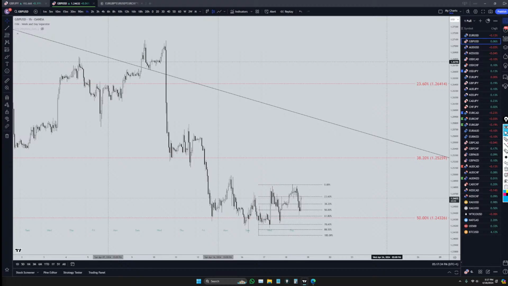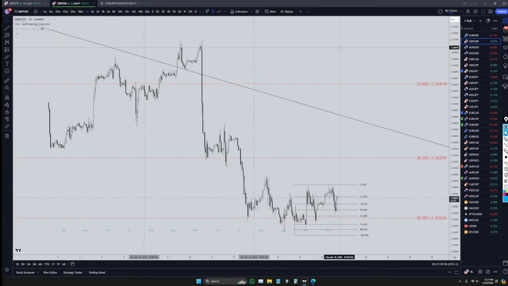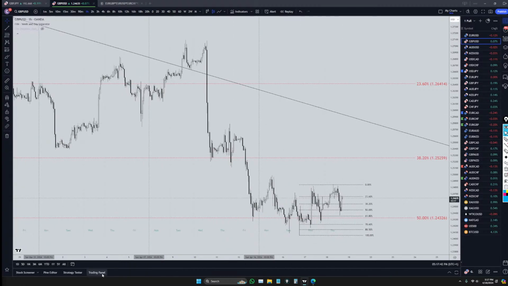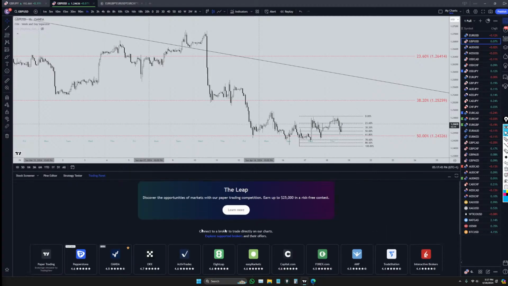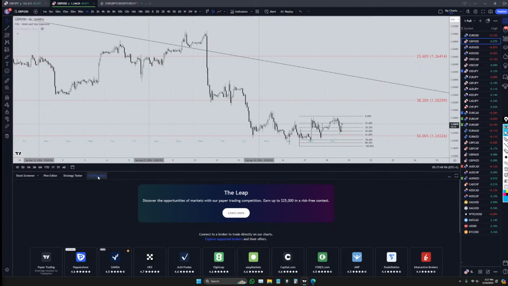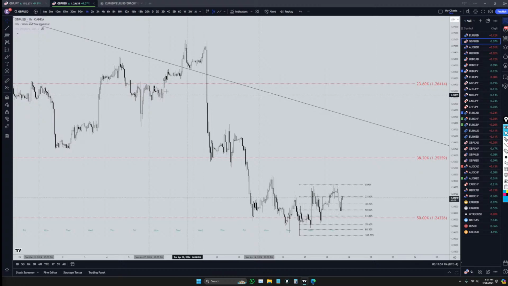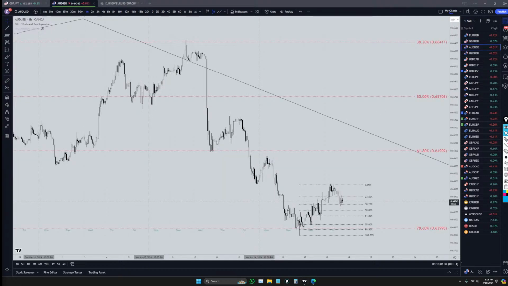I trade from TradingView, but I also use MT5 for my broker. I have one of the brokers on the list right here, so I can actually trade from TradingView. But trading from TradingView can be a little glitchy sometimes. They constantly make you log into your account, which is kind of a pain. Like literally 12 times a day you have to log in. So I do have MT5 open most of the time, and I trade from that also. But anyways, let's see, where were we at?